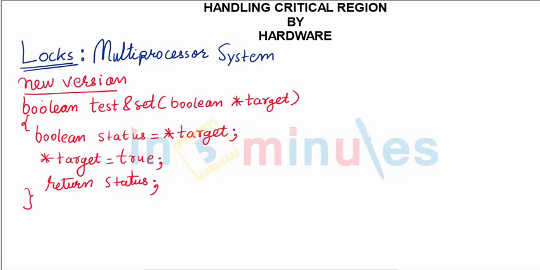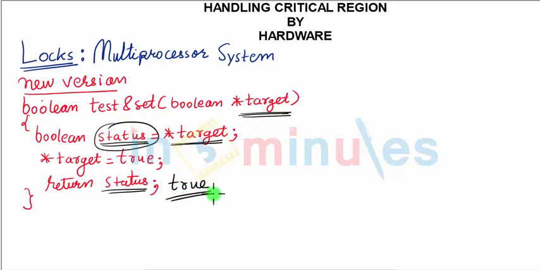The logic behind this is very simple. In this, we would be passing the address of the critical region which we want to access. We will read the status of that critical region and return the status. What is the use of doing so? Well, simple. If the particular critical region is already set, the status would return true. As an end result, if it is true, then we have to wait till the time it becomes false, because somebody else is already using it.